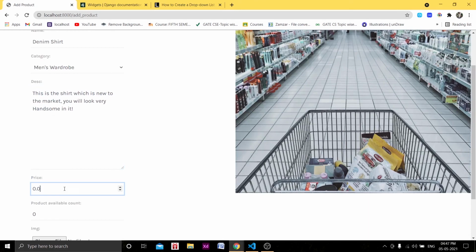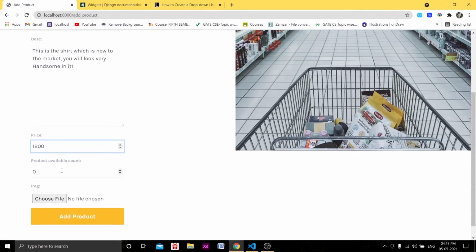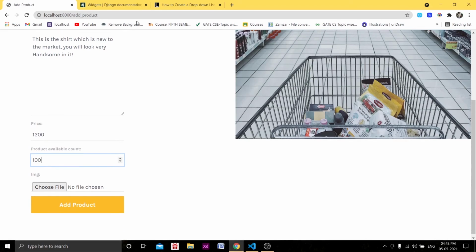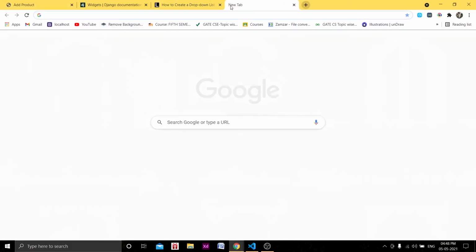In price we can take 1200. Product available count, let's suppose we have 100 shirts. Okay, let's choose, let's download an image.